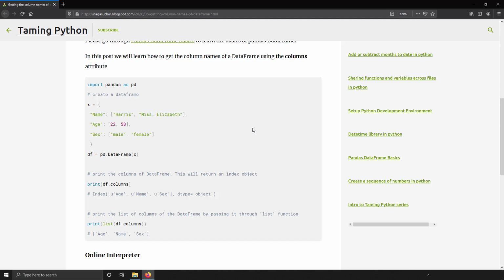Now let's get into the example. So here I have a data frame called df. If you want to know what the columns of the data frame are, I have to call the dot columns attribute, and then I will be returned an index object, which is an iterable object, and it will have each column as its item. If I want to change this index iterable object into a list, I have to just call list over there. So enough with the description, let's start with an example.